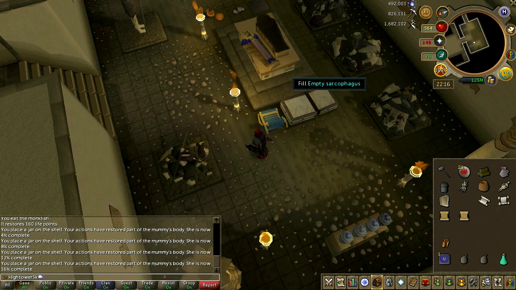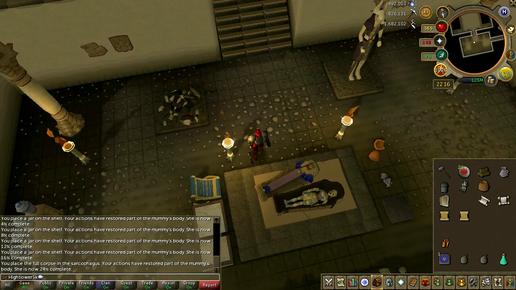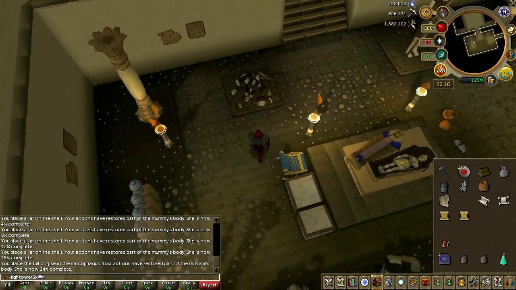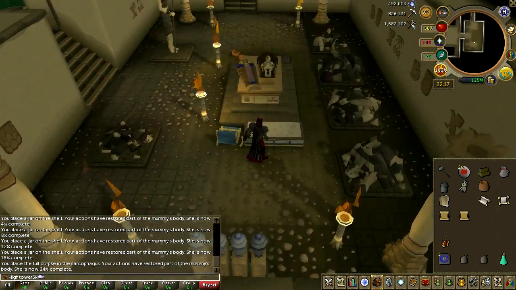That's fine. Now what we're going to want to do is with the mummy, which we made earlier on, we're going to use this and fill the empty esophagus, I think it's pronounced. Then that's going to give us 8% to take us to 24. Now what you're going to want to do is come over here to the west of the tomb, and you're going to see here is a broken table and a broken chair. What you're going to do is repair these,